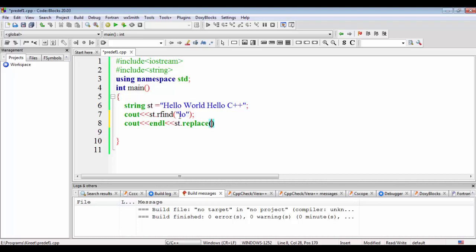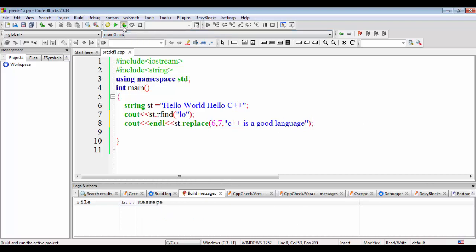The index of this w is 0 1 2 3 4 5 and 6. So I'll write 6 comma 7, the total length, and the string is, for example, "c++ is a good language". Let's try to run this code.